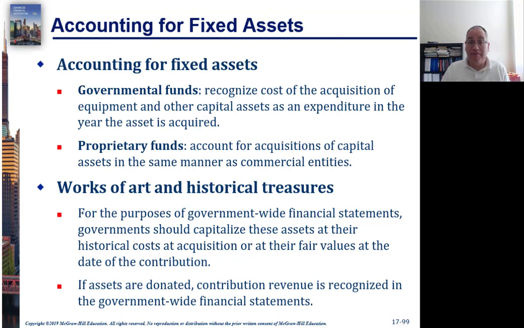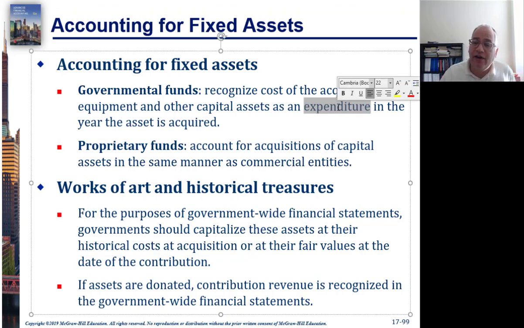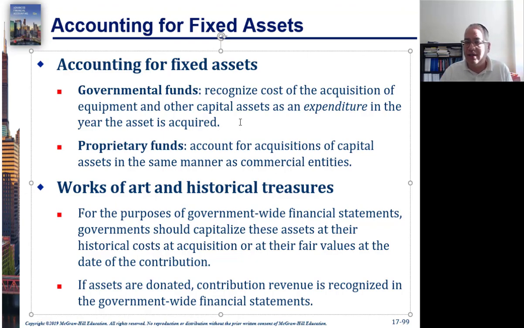And it's pretty weird. Anyway, governmental funds recognize the cost of the acquisition of equipment and other capital assets as an expenditure in the year the asset is acquired. When you spend money on fixed assets, it's an expenditure. Works of art and historical treasures are also going to be treated as expenditures. Contribution revenue could be recognized in the case of donated assets,